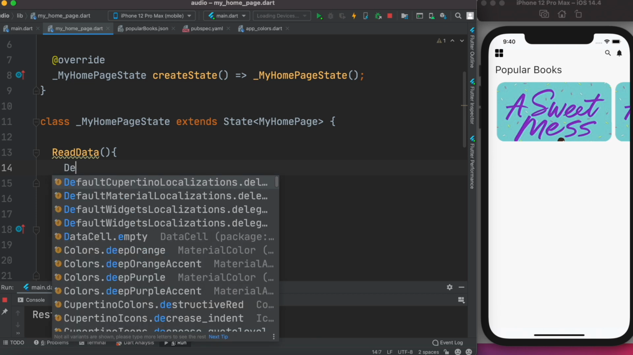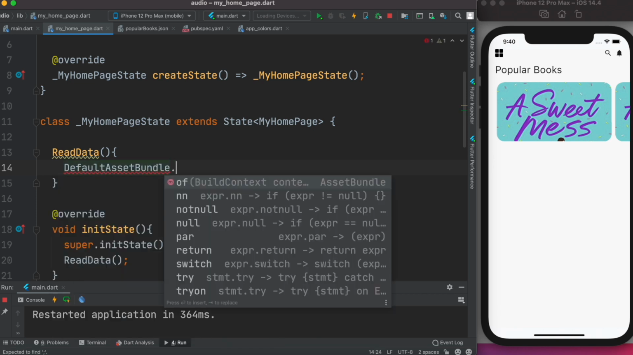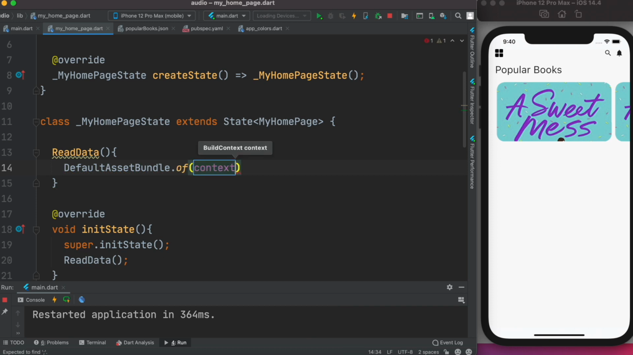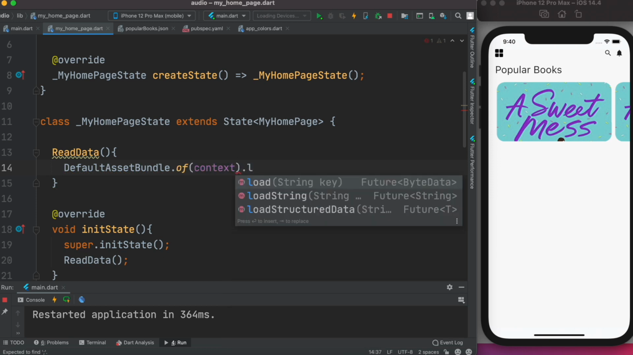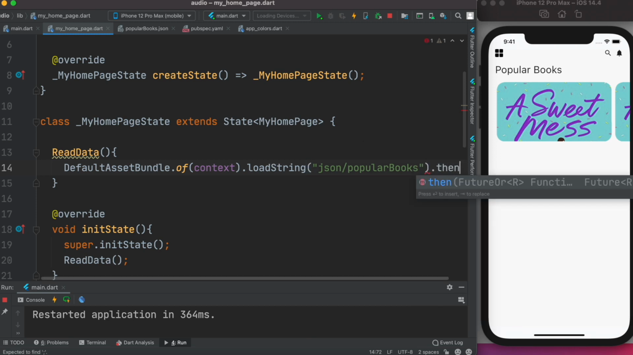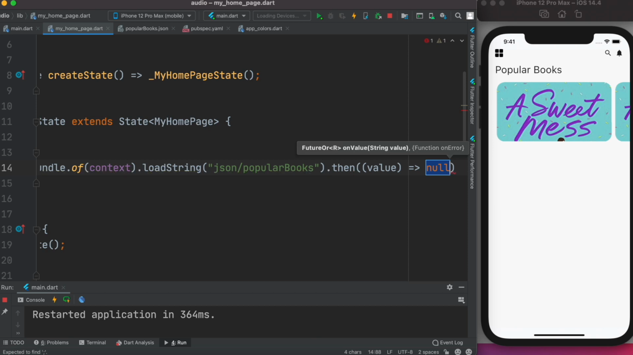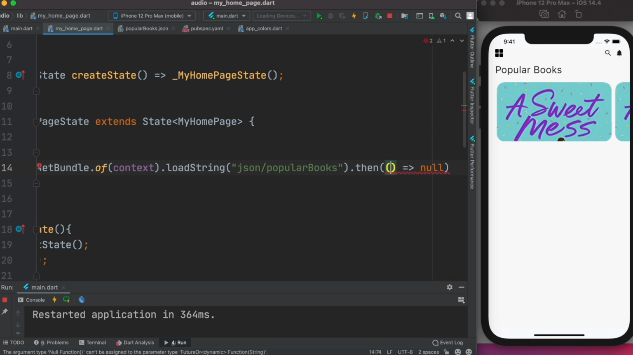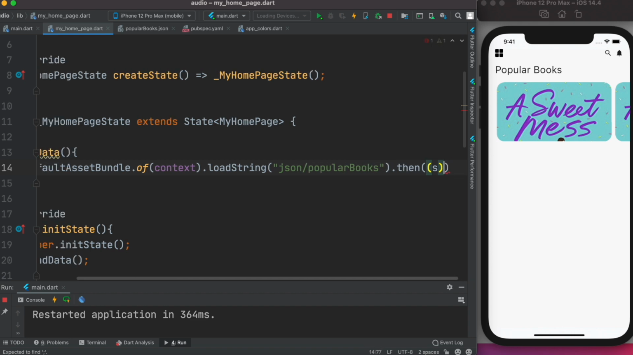To call this JSON file, we can use DefaultAssetBundle. Okay, and it takes a context parameter, and from it, I guess it is a function called loadString, this one, and within it we'll supply our JSON file. So the JSON file is within the JSON folder, and the file name is popular_books. Okay, and then we'll try to load it. Okay, over here we can just call the value s. All right, and over here it's a null though. So what we could do, yeah,